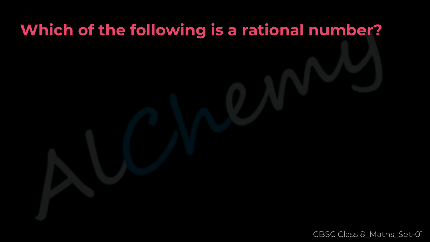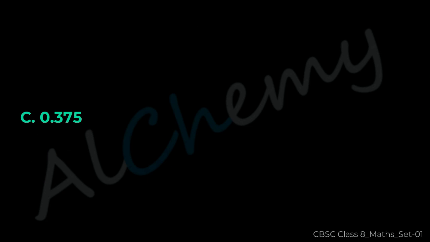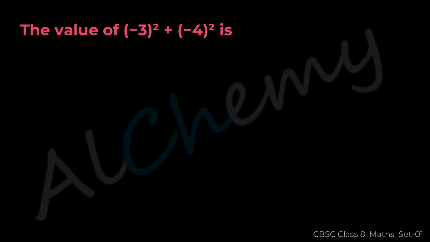Question 4. Which of the following is a rational number? Consider the following expression. The correct answer is C 0.375. Question 5. The value of 3 superscript 2 plus 4 superscript 2 is A minus 25, B 25, C